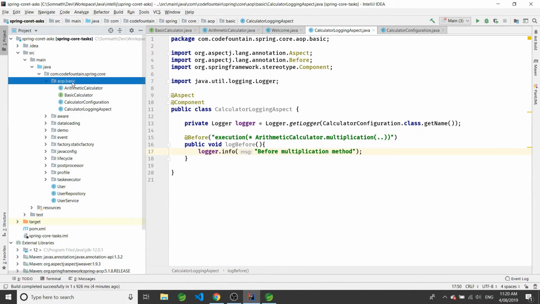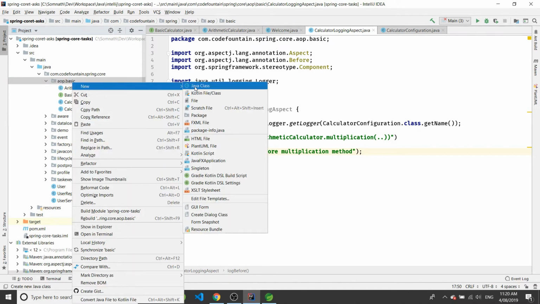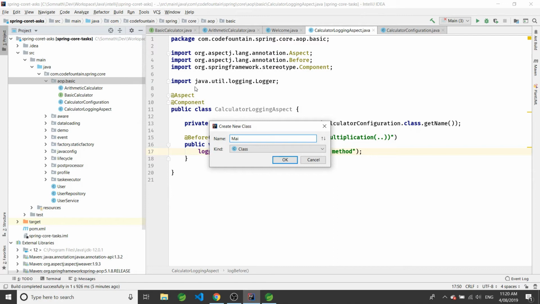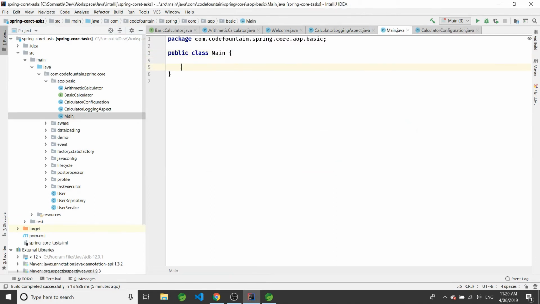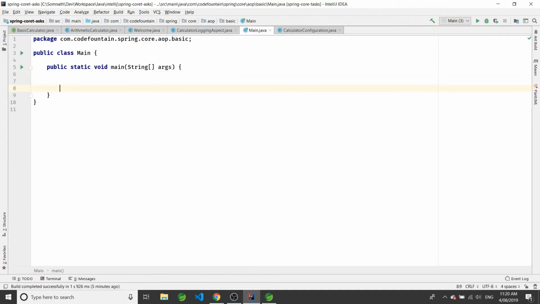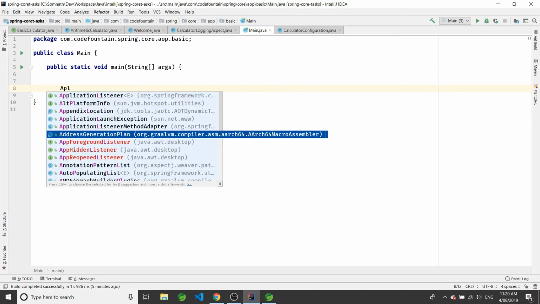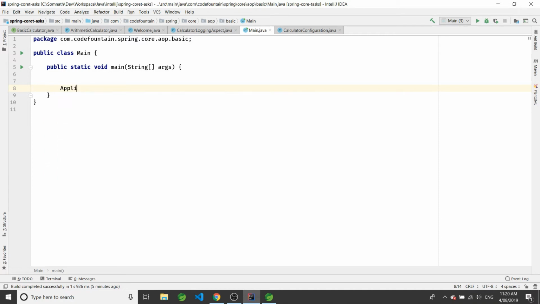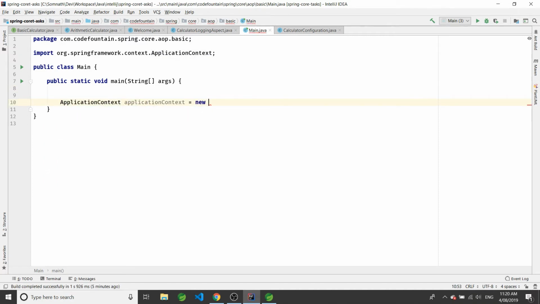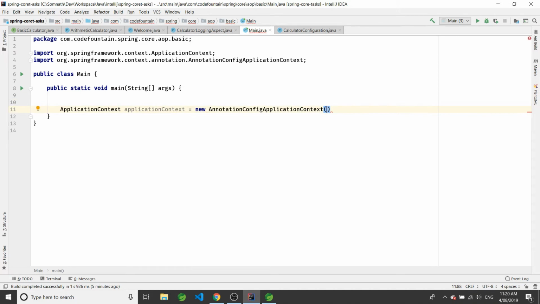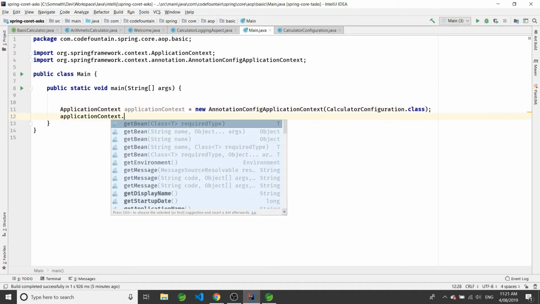Now we will go and create our main class. So application context equal to new AnnotationConfigApplicationContext, and then we pass our CalculatorConfiguration dot class.